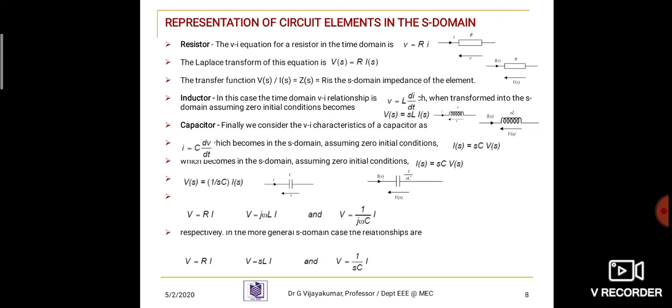So, converting this imaginary term, j omega, into S, the S domain. Thus, all the methods we developed in the AC theory with j omega carry over to the S domain by simple substitution.